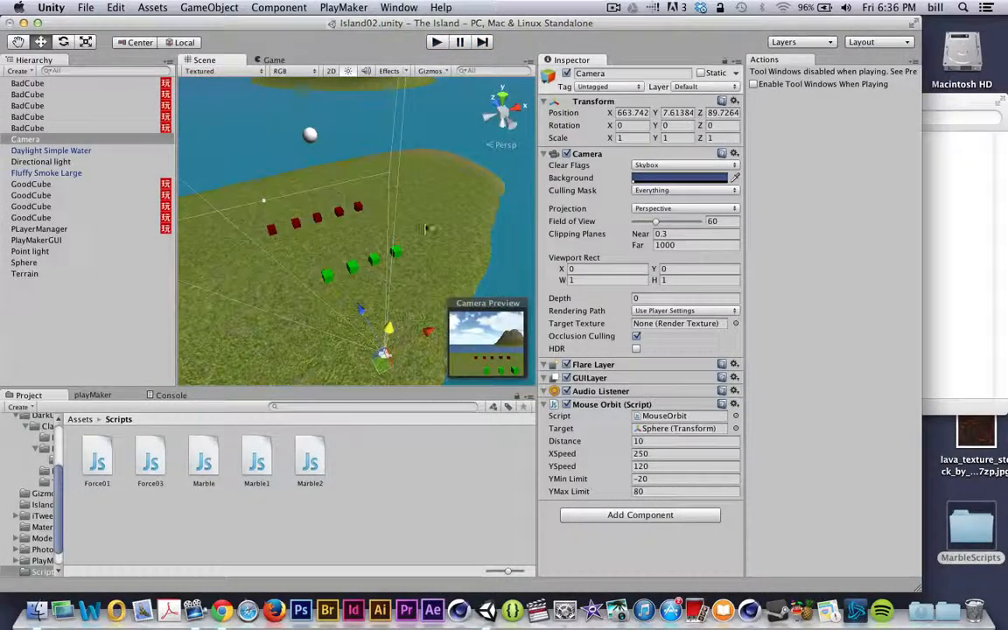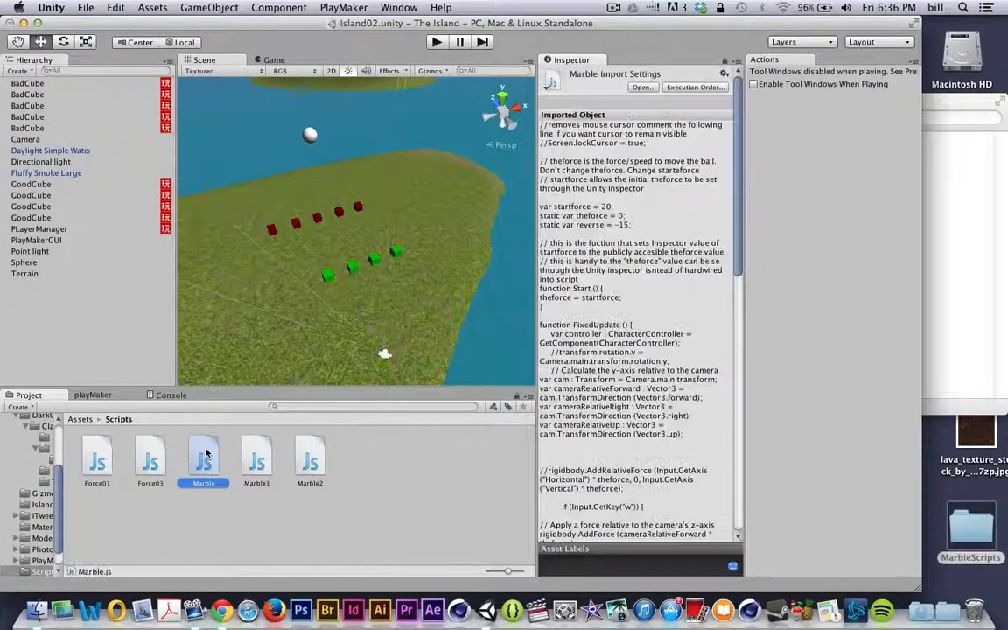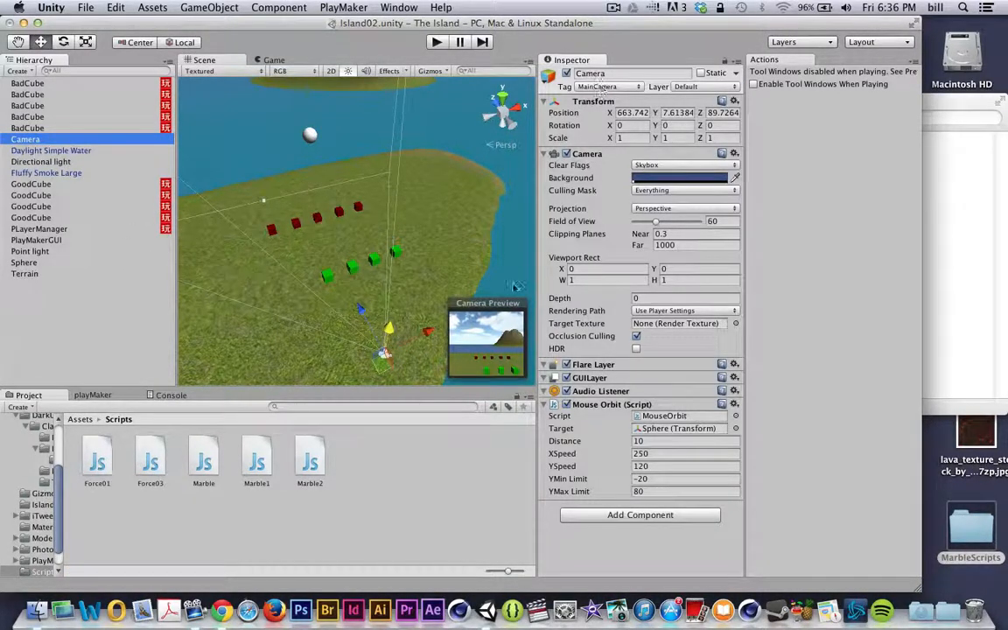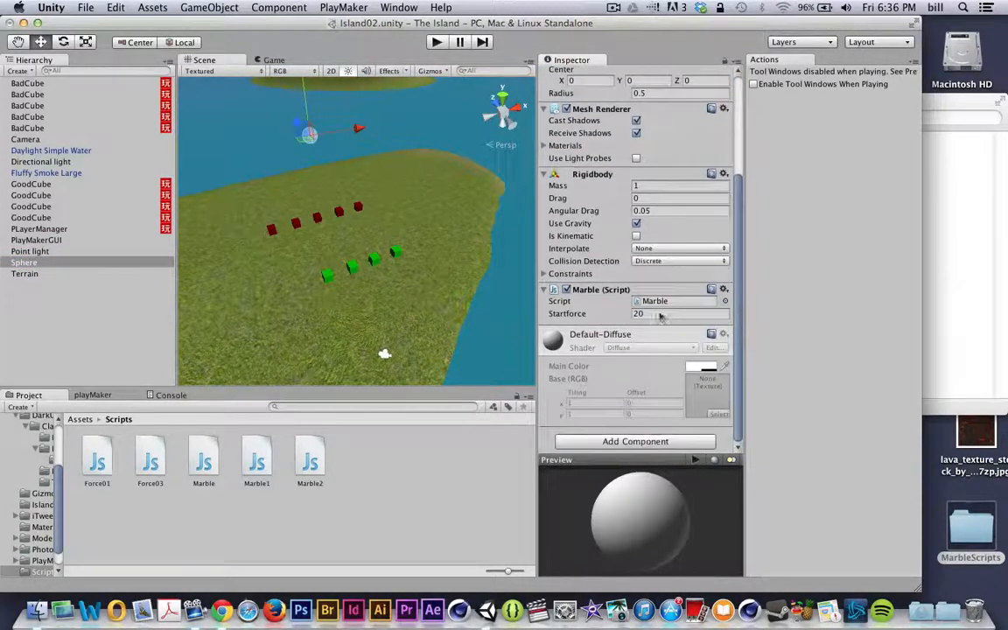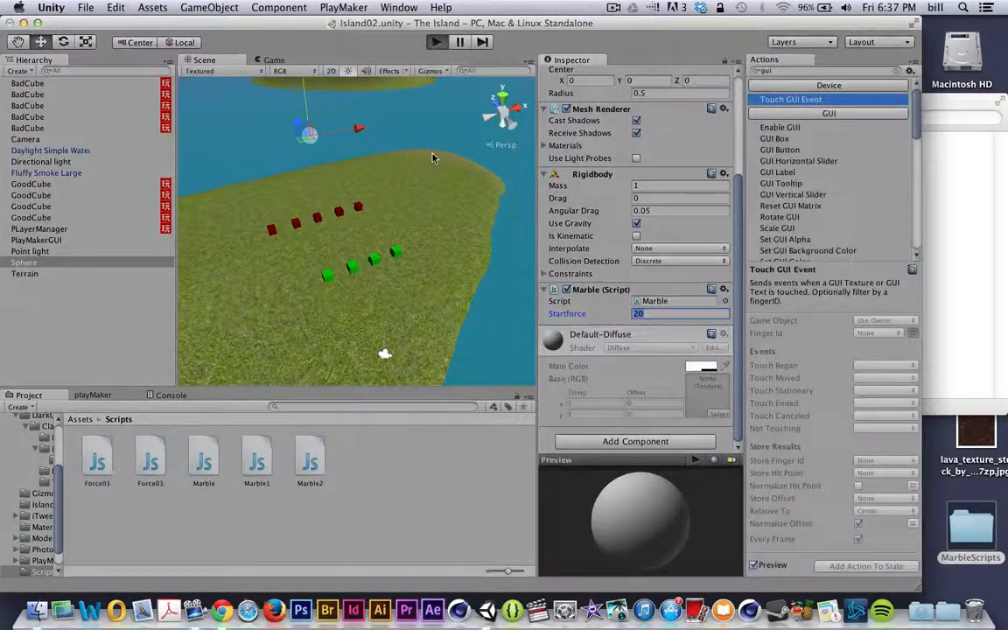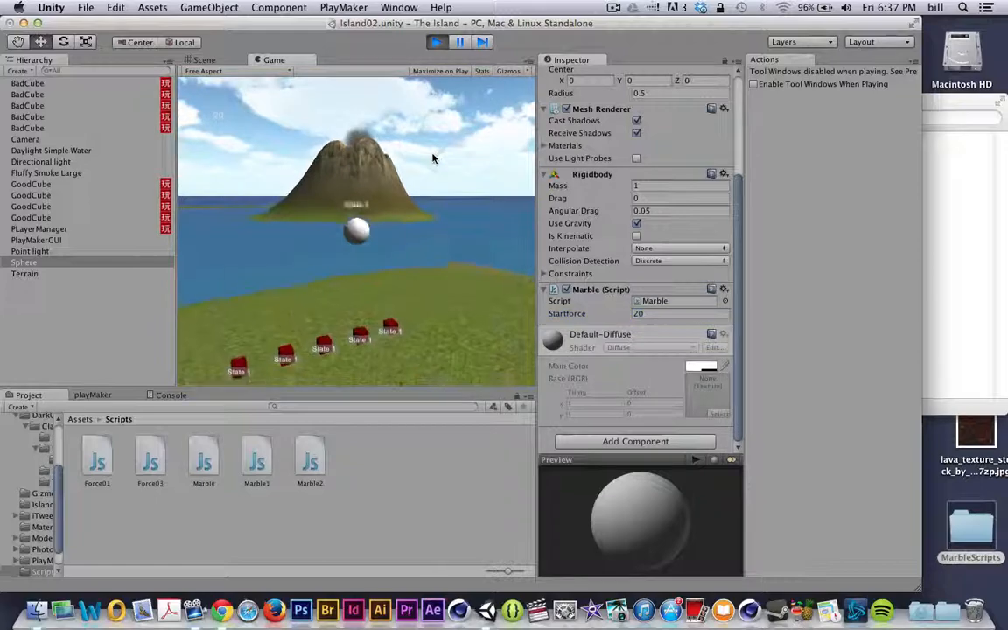The next thing I'll need to do is make sure that my camera is tagged with the main camera tag, because the script that I'm about to use, the marbleScript, requires that our main camera is tagged with the main camera tag. So to get the marbleScript working, I'll just grab the sphere, and I'll click, drag, and drop the marbleScript onto the sphere. Once I do that, I can look over in the inspector here, and I see that there's a marbleScript. The marbleScript also has a force, and I can influence that value. This is the force that's applied to the marble to make it move